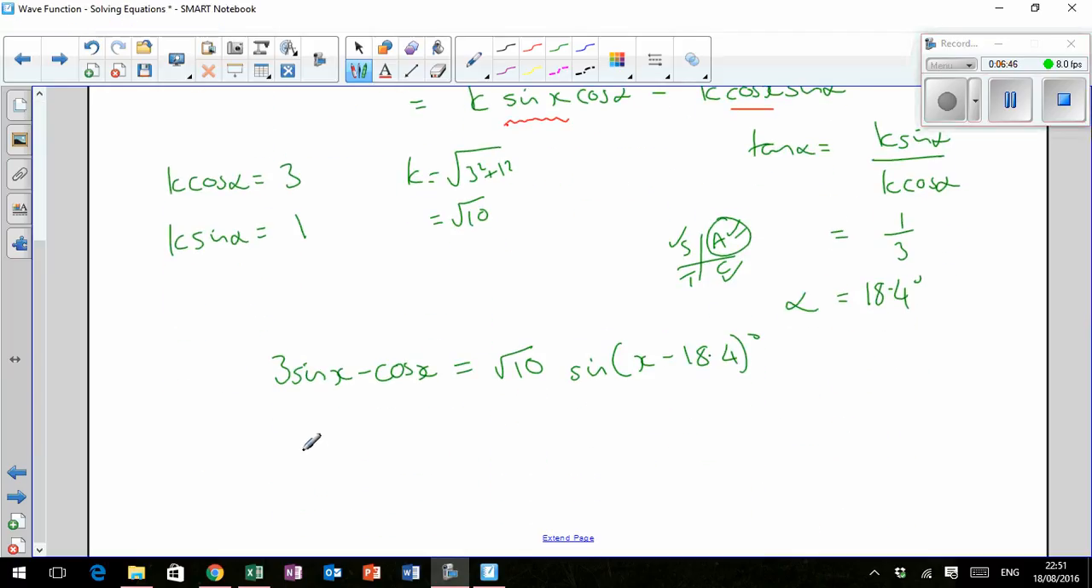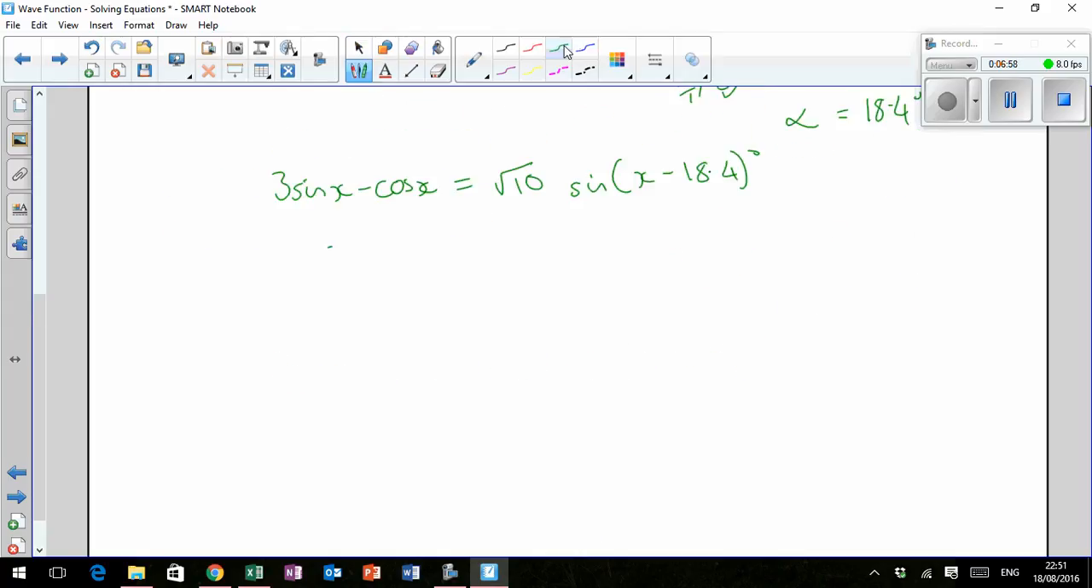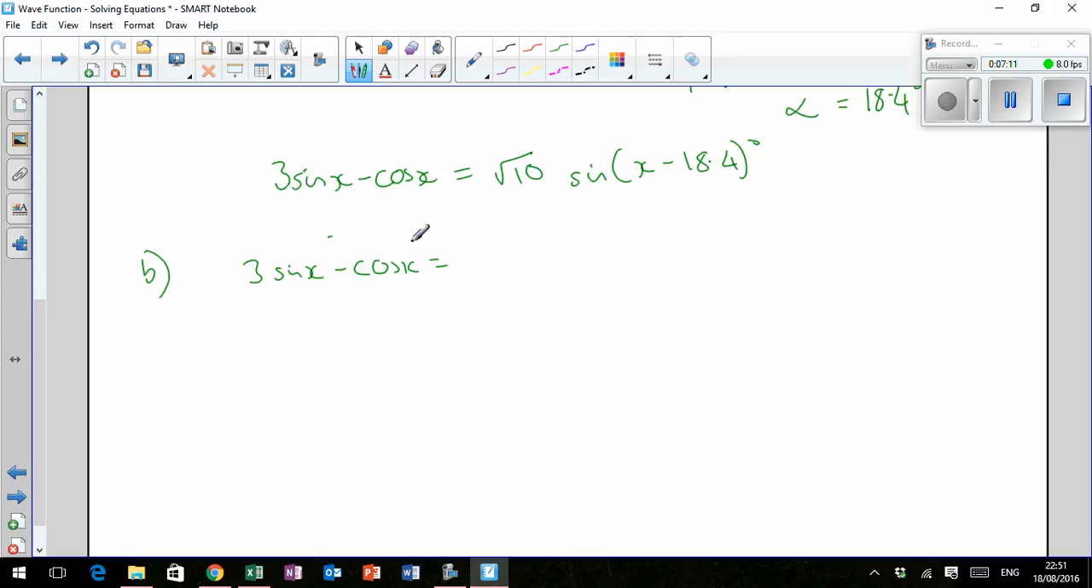Okay, so what we're solving now is actually the equation we're given to solve. The equation we're given to solve is, let's call it part B, 3 sine x minus cos x is equal to 1. Okay, but now because we've changed this over, we can use that root 10 sine of x minus 18.4,